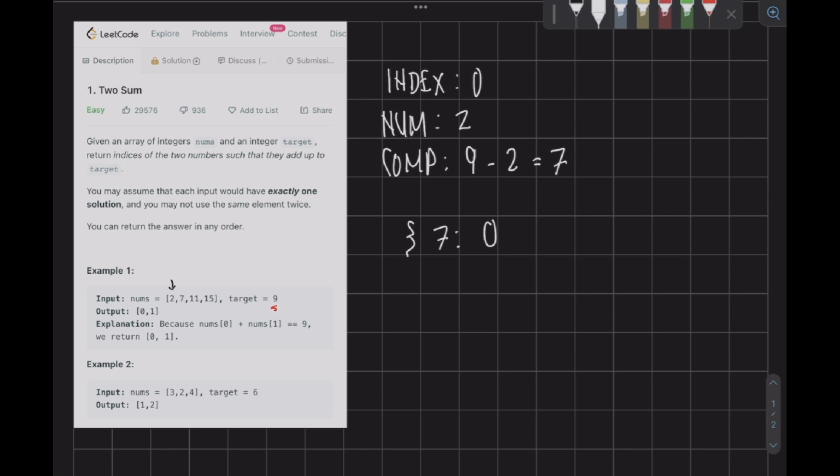And then what we could do is return that index, the complementary number's index, and we can also return the current index that we're on. So basically, if we do this solution for example number 2, I think it'll better illustrate it. So let's do that. Okay, so I'm just going to erase this real quick, and I'm going to start off with